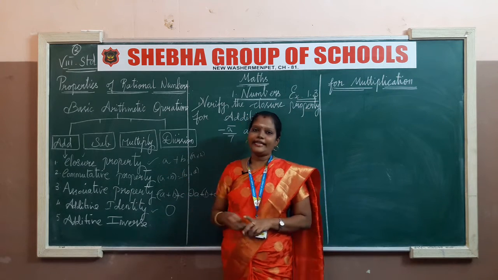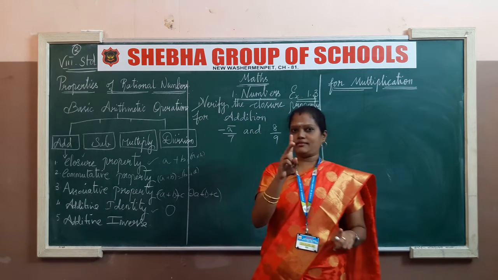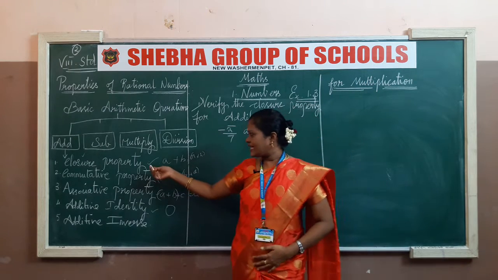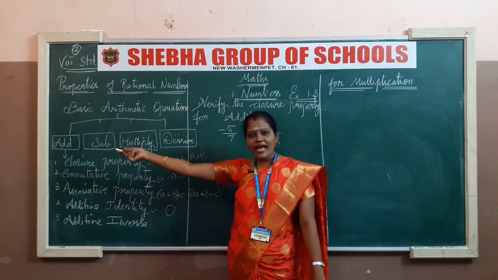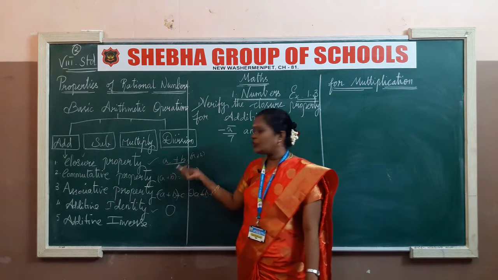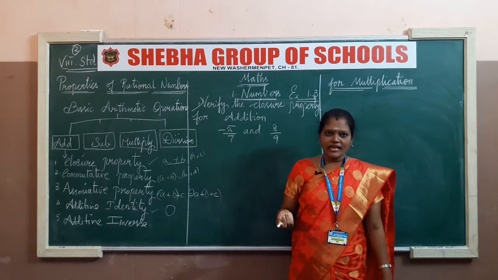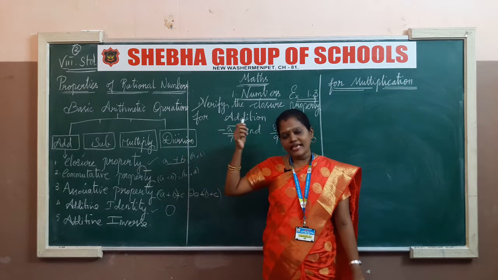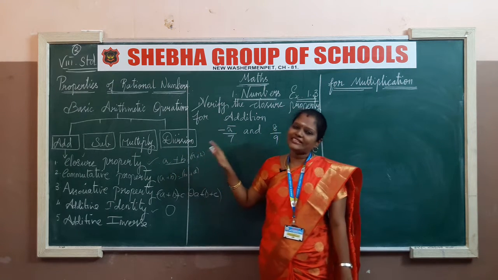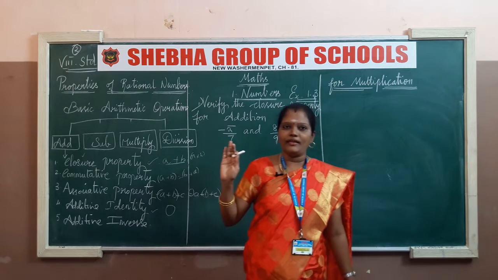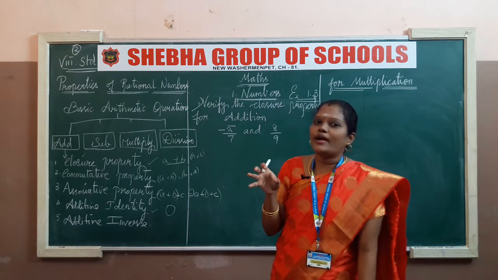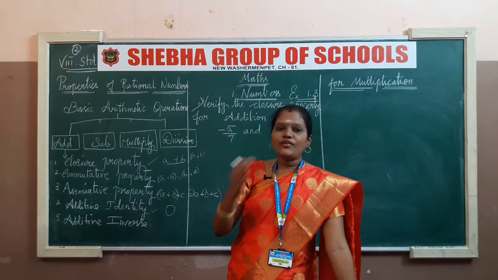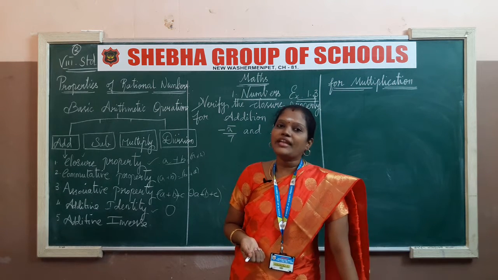For the closure property, they give 2 rational numbers. One you take as A and one you take as B. Simple things. The closure property is nothing but, if they are asking to add in closure property, you add the 2 rational numbers, A plus B. Suppose they are asking to find the multiplication, what do we have to do? Yes, by using the 2 rational numbers, we just multiply the number A into B. The closure property is the easiest one. So never quit when the question comes in a question paper. Clear?